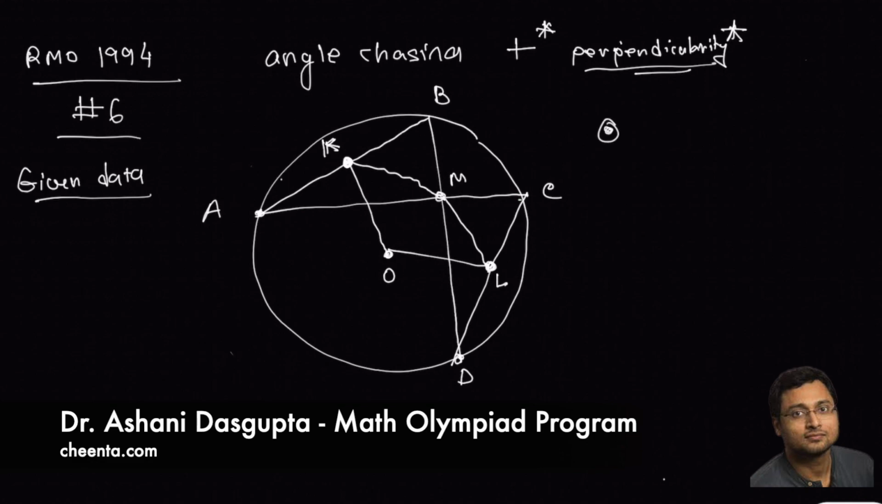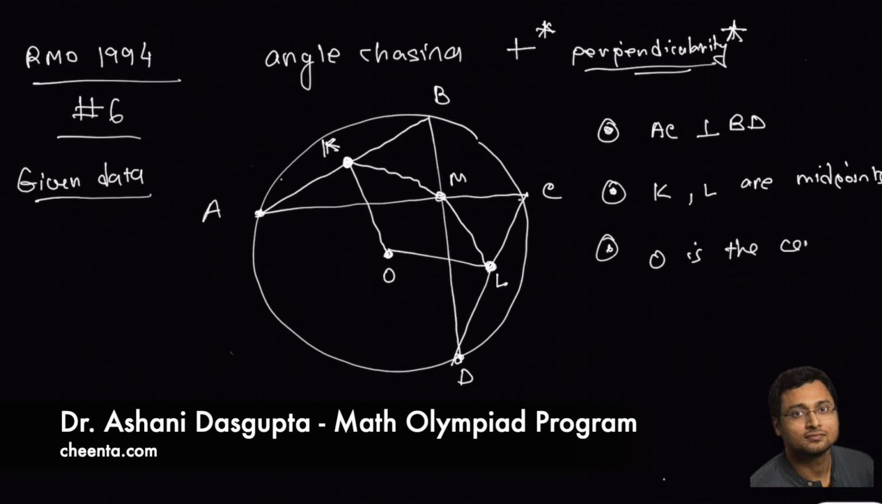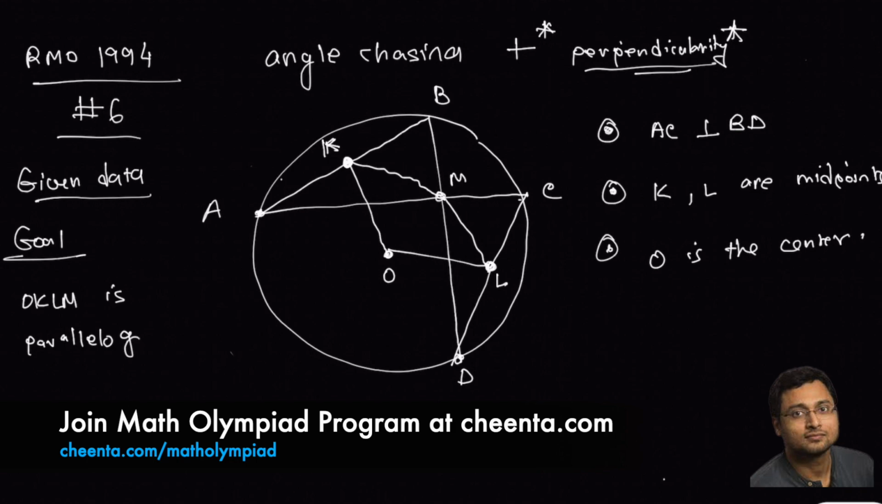So first thing we know that AC is perpendicular to BD. The second thing is K and L are midpoints. And the third thing is O is the center. Our goal is to show OKLM is a parallelogram. Okay, so how do we do that? Well, there are a few things that you have to notice, that KM